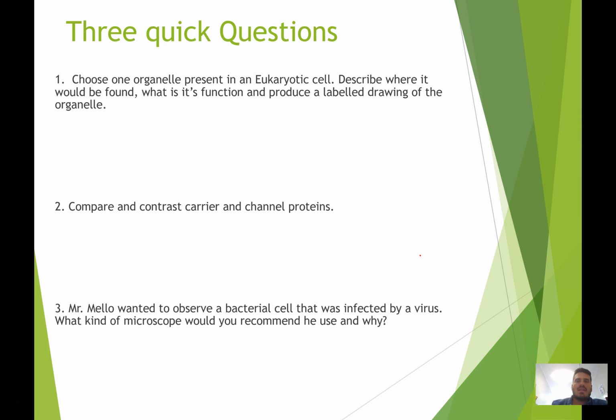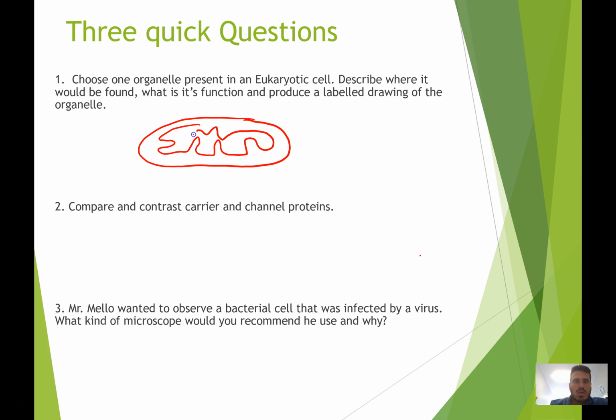Alright, so hopefully in these 3 quick questions you saw that question 1 said, choose one organelle present in the eukaryotic cell, describe where it would be found, what is its function, and produce a labeled drawing of the organelle. A good example of this might be the mitochondria, which looks something like this. Beautiful little mitochondria here. I'm sure yours look a lot better. So we have the mitochondria,